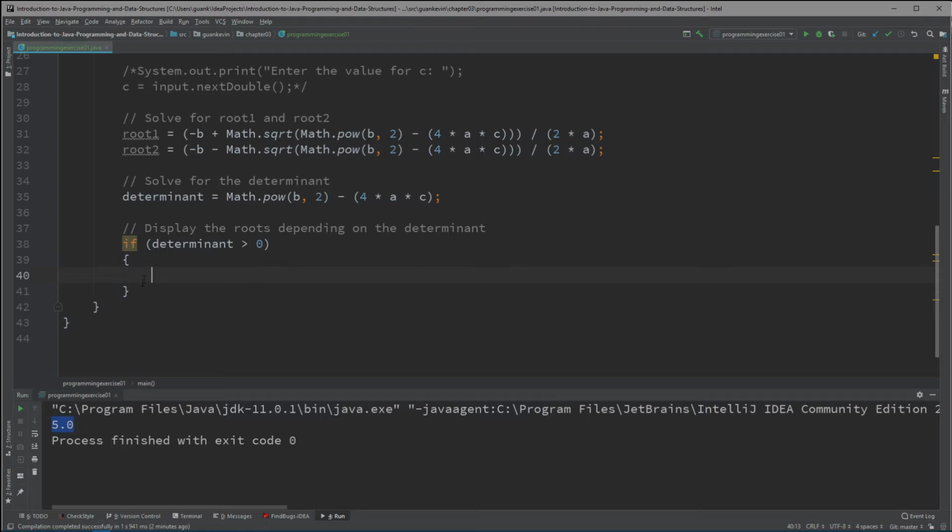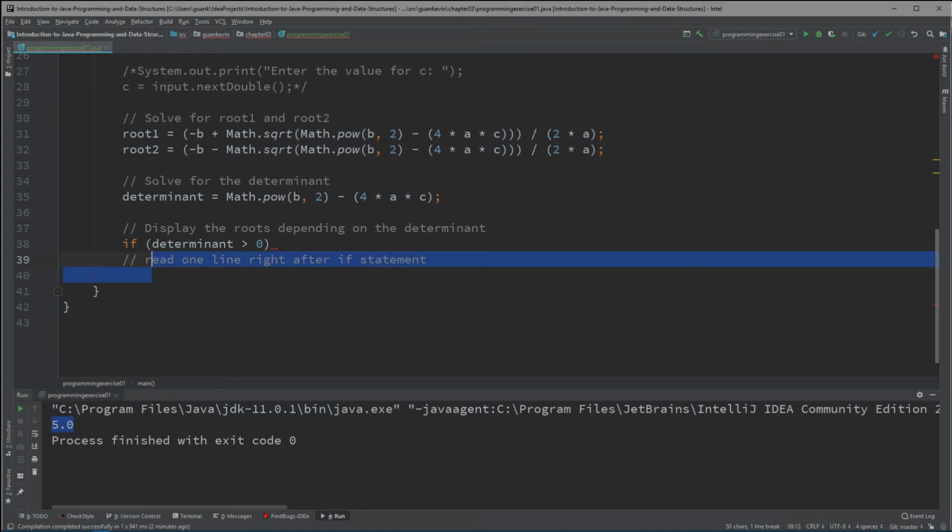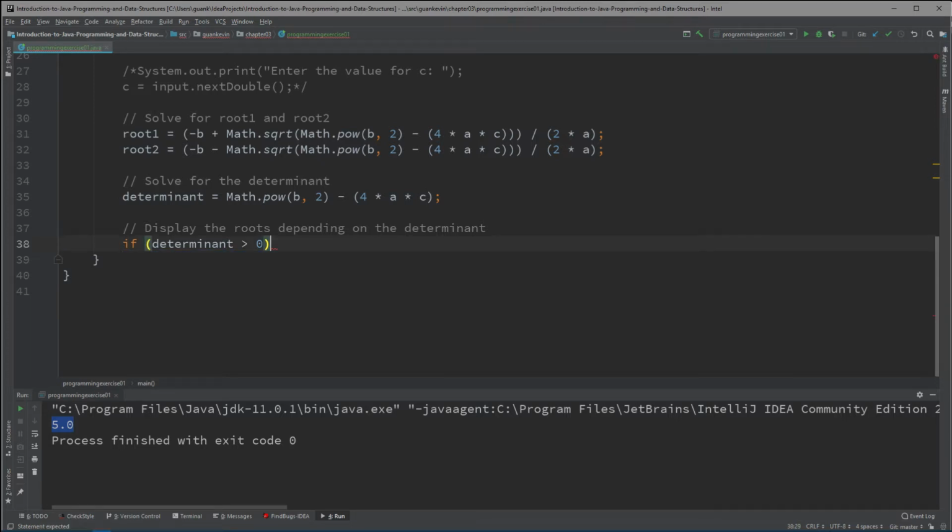I should say, if you don't put braces, it's just going to read one line right after the if statement, and then it'll continue doing what it needs to do. So let me actually show you a better example. So I'll say if determinant is greater than 0,